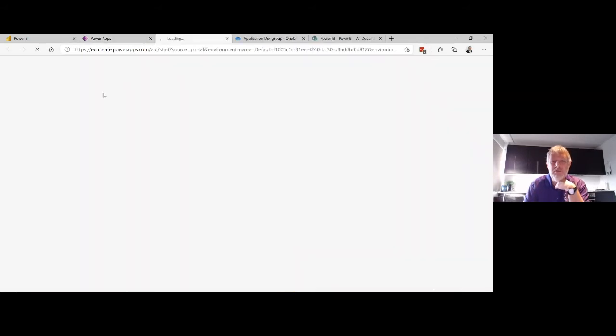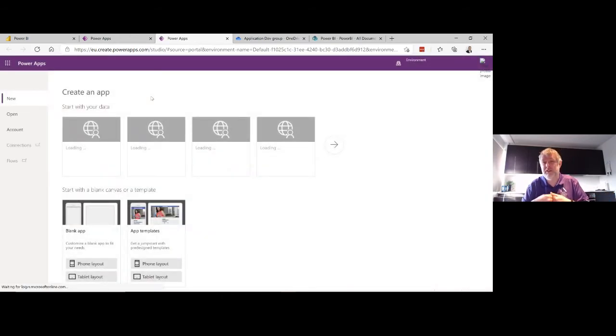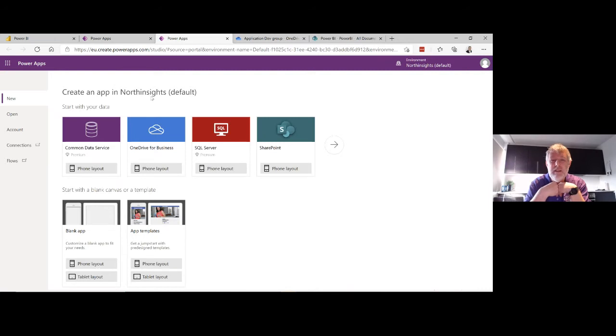I'm going to use a Canvas app because I want to start from scratch. I want to show this, and our data is not in the Dataverse. It's in our Excel file. So where do you want to start? We are here is the next step.